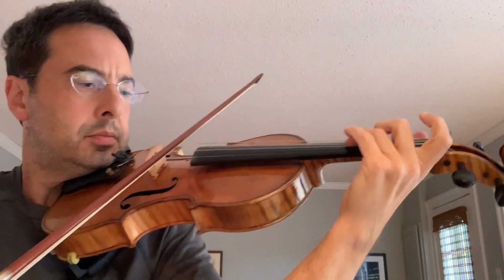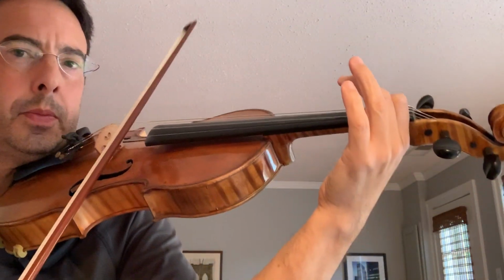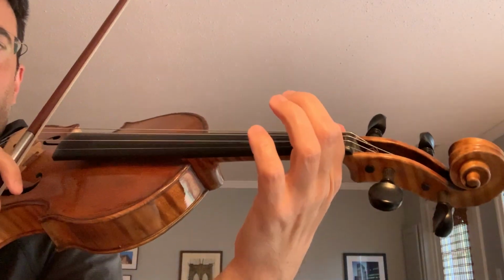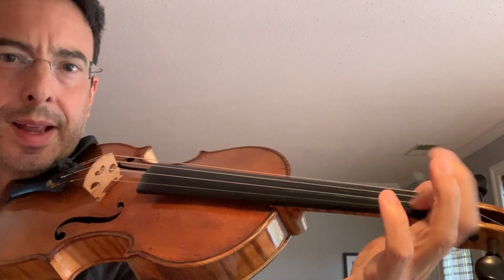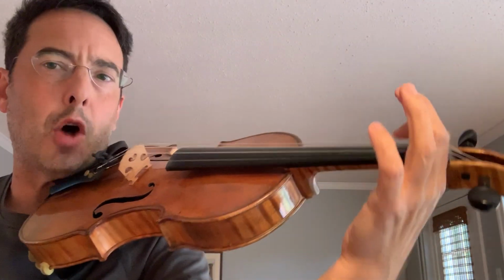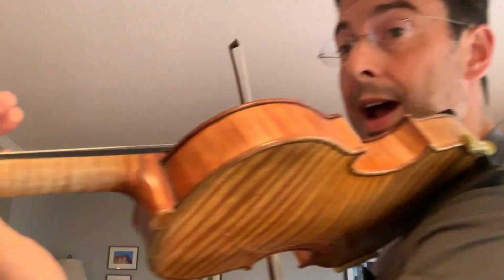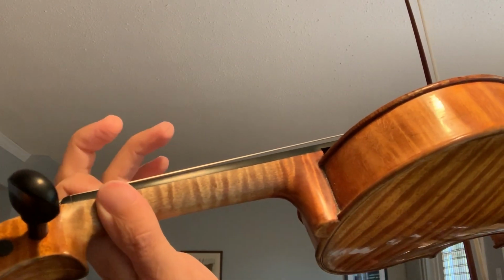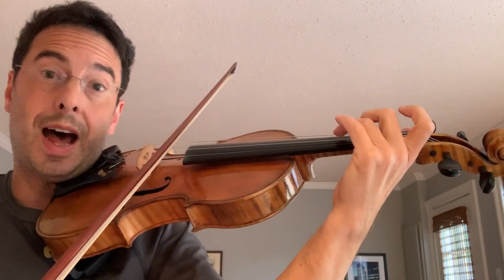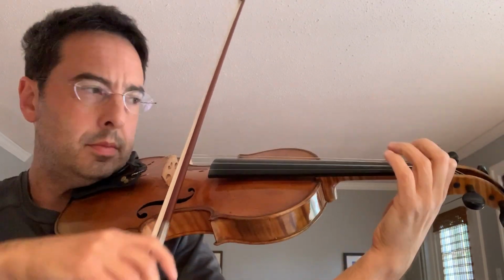So again, you see how I went from 1 down without a lot of sound. There's a little bit of in-between sound, but we can take that out by just making sure the 1 is not tight or heavy, but that it's just coming down here very fast and it lightens up as we go back. In the beginning, it's very important, I think, to put a stop and then come back and then keep going